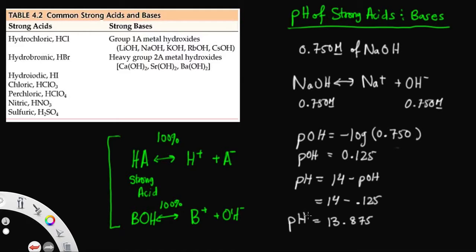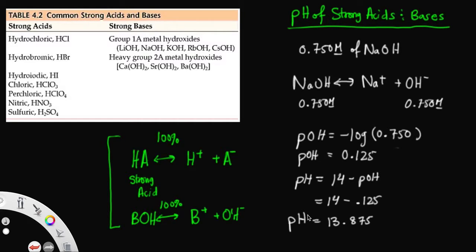And this makes a lot of sense, and also makes a lot of sense for the previous example when we had hydrochloric acid and we got a pH of roughly 0.602. That's because if you have a strong base, your pH is going to be very basic because you're creating an excess of hydroxide ions. If you have a strong acid, your pH is going to be very acidic. It's going to be lower than 7 because you're creating a lot of hydrogen ions, a lot of H plus